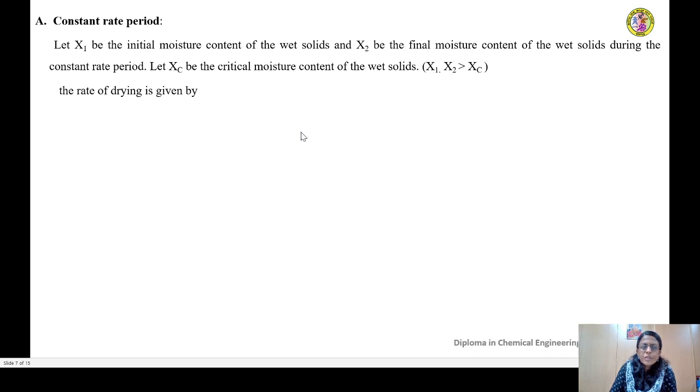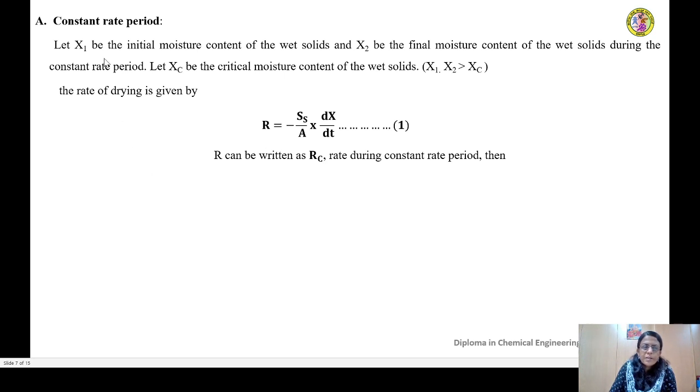So we know the equation for the rate of drying. If we assume R to represent the rate of drying, R equals minus Ss by A into dx by dt. So this is the rate of removal of moisture with respect to time, where Ss represents the weight of dry solids and A is the area of the drying surface. R is the rate of drying, which is expressed as the amount of moisture evaporated per unit time per unit area of drying surface. Okay. So R can be written as Rc, the constant rate of drying.